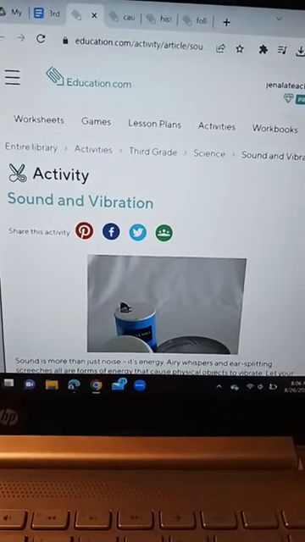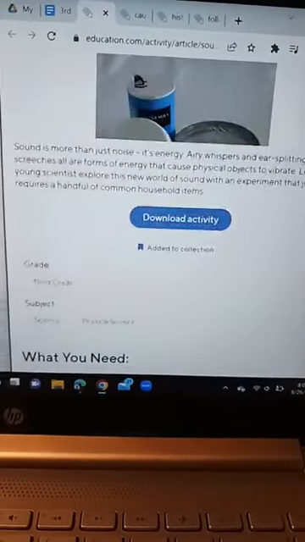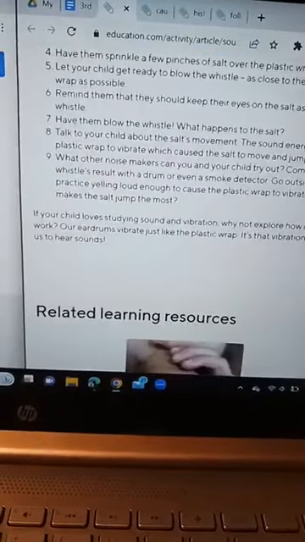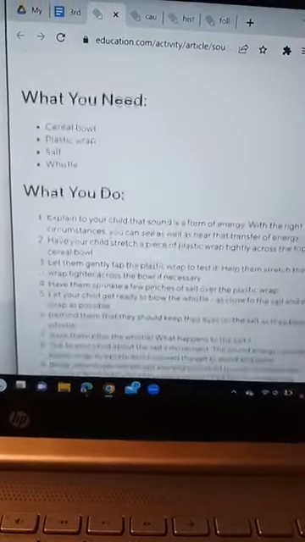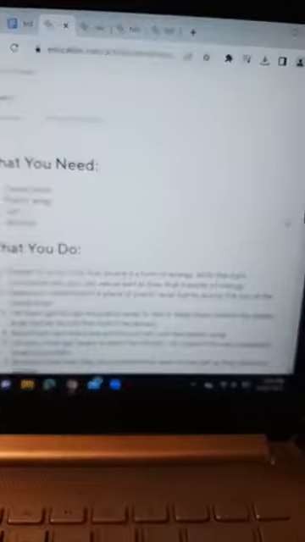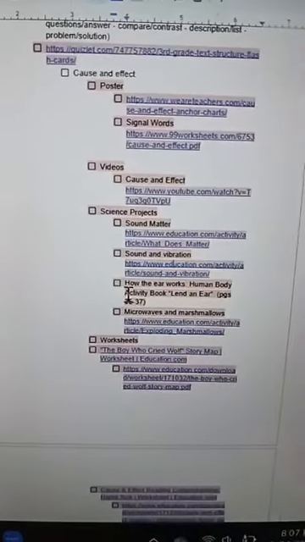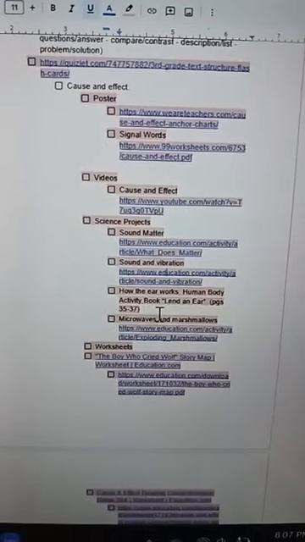And let me see. What happens whenever you do these different types of experiments? What is the cause when you do something, and then what is the effect of that cause? And so not only does that have a good cause and effect lesson, but it also turns into science, and then also health science, because we'll also talk about how the ear works. So the human body, I have a